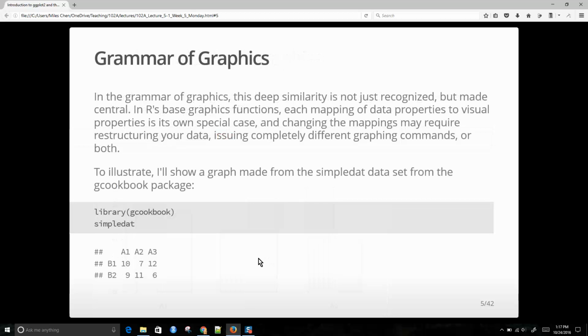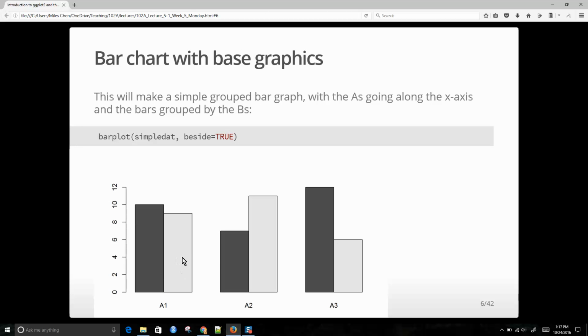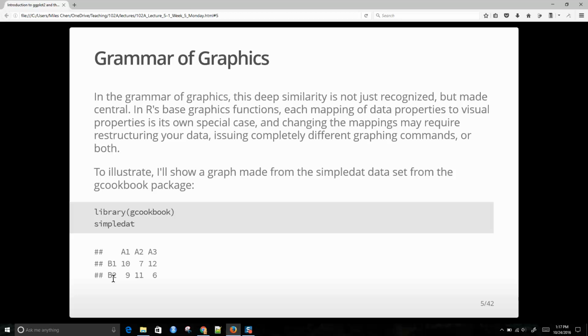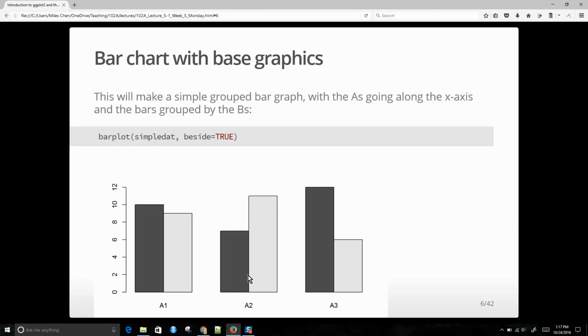However, in this case, we are putting the A's along the x-axis, right? And we are shading the bars based on whether it was B1 or B2. So we might say the grouping variables, the dark grays versus the light grays, are grouped by the B. Now, if we wanted to do it the other way,